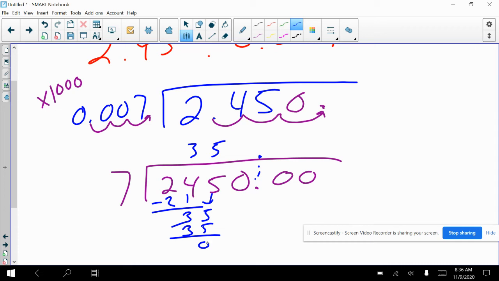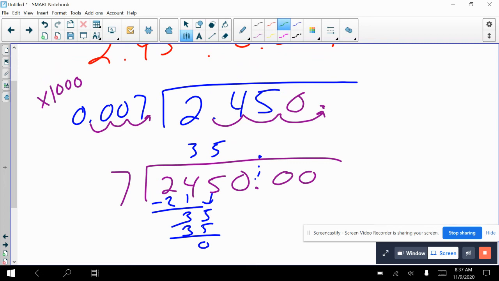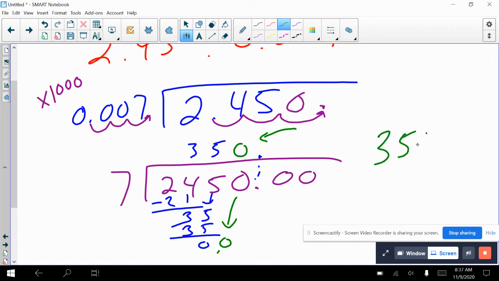So you have to have a number to the left of the decimal point. You can't stop dividing until that's filled up. So you have to bring down another number. The next number, okay, it's a 0. How many 7s go into 0? That would be 0. Now you've filled that, and now your answer is